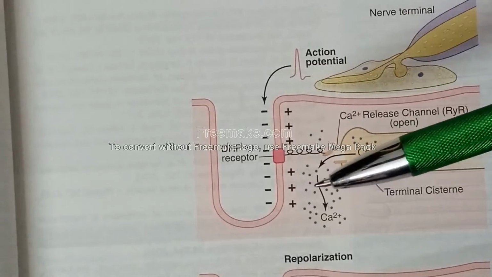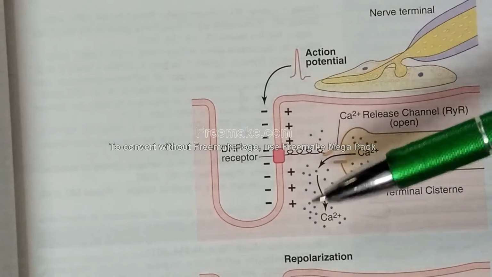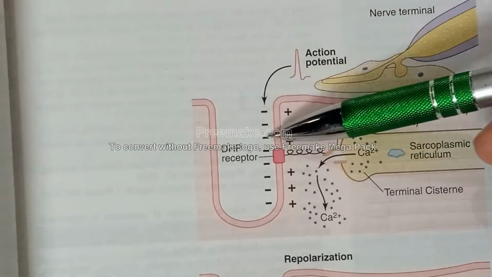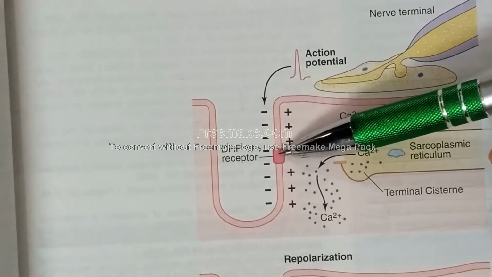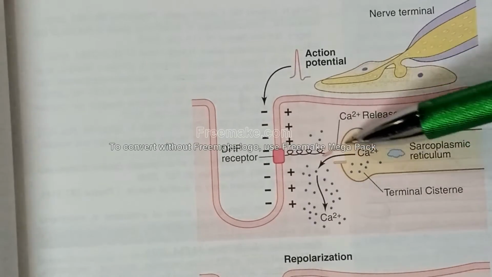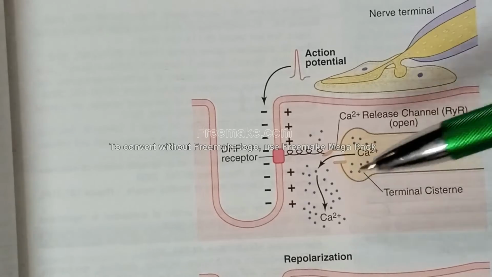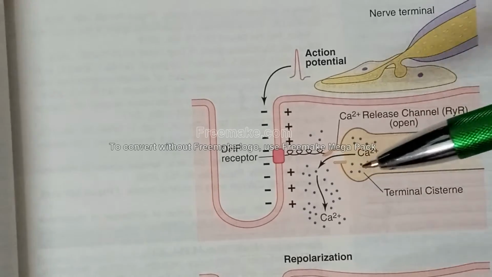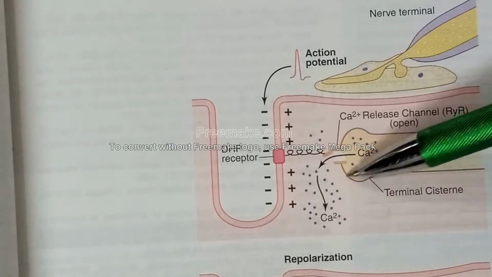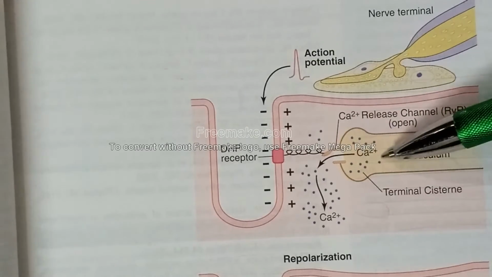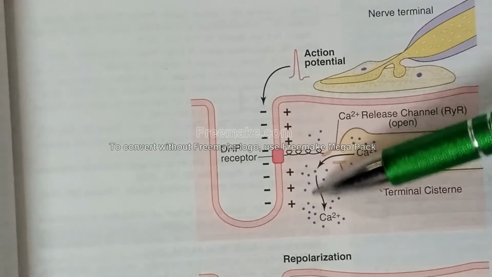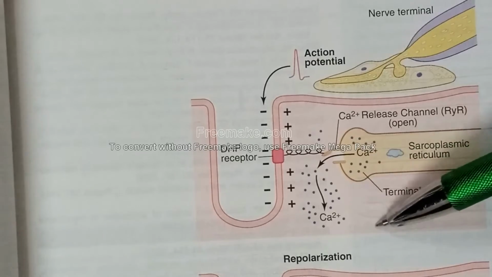Now, when the action potential has risen enough to the end plate potential, the dihydropyridine receptors will be activated, which in turn will cause the opening of calcium 2+ release channels, or we can say ryanodine receptors. Upon opening, efflux of calcium 2+ will occur and it will enter into the cytoplasm